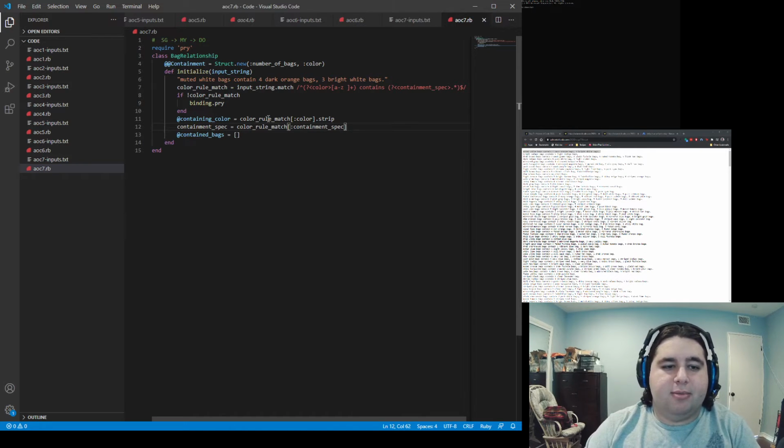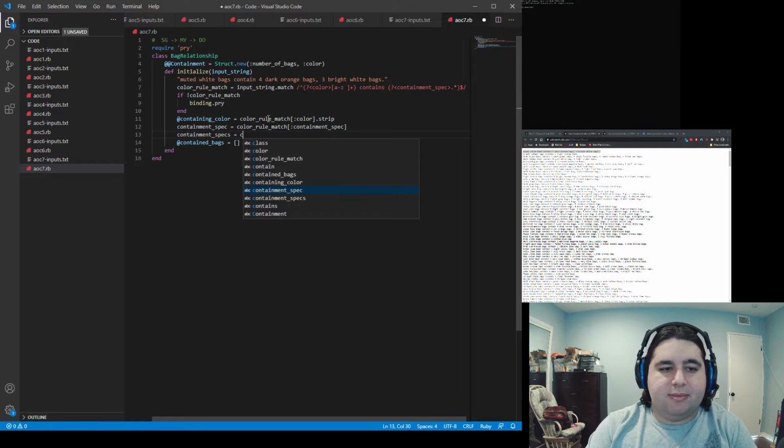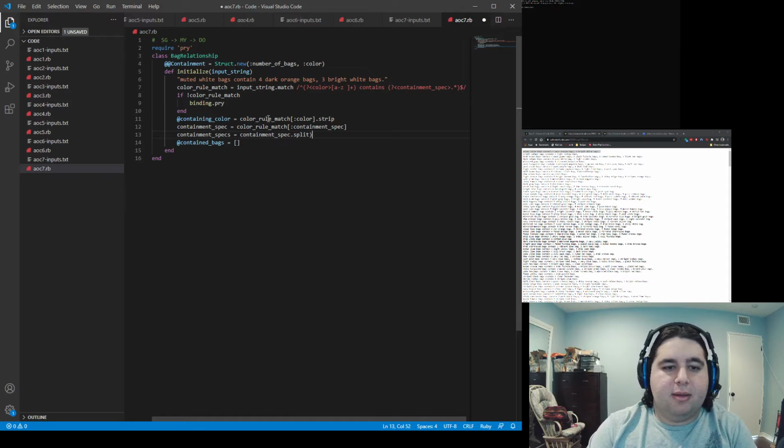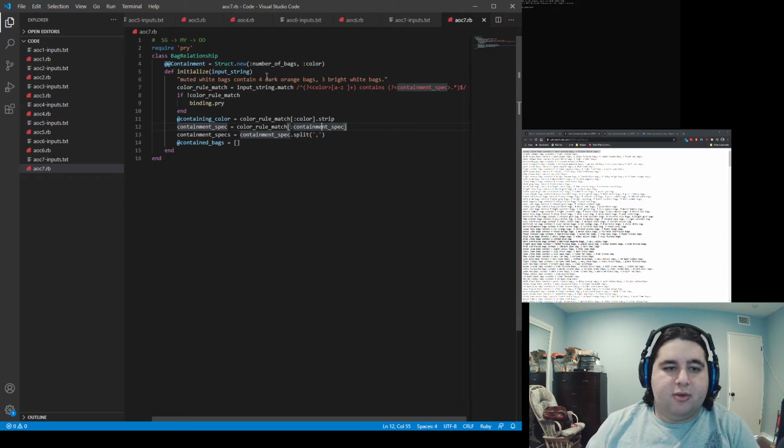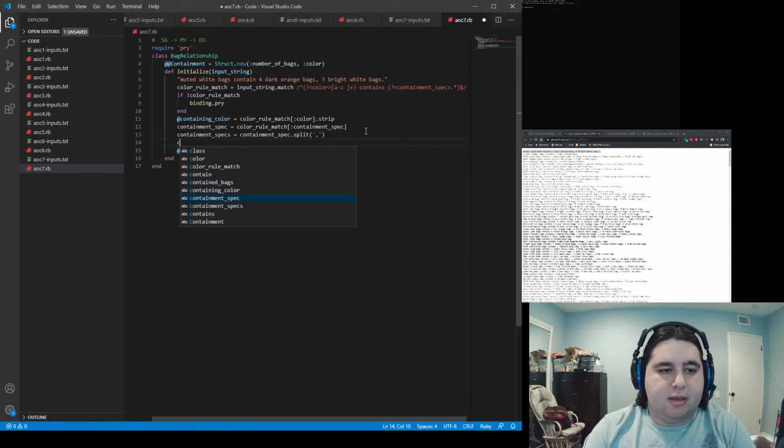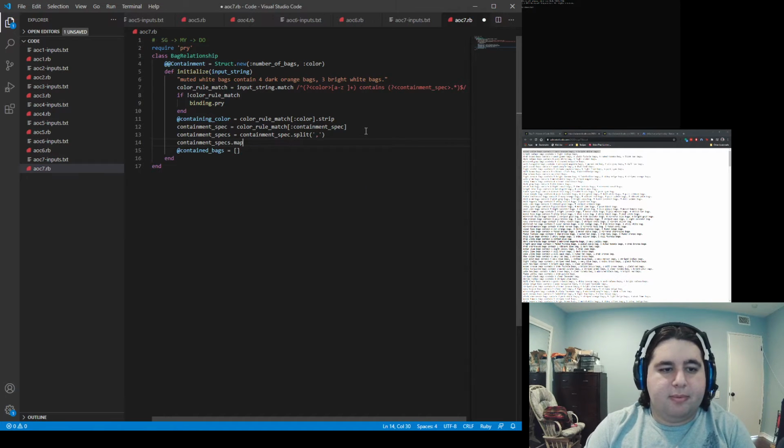Now this is going to be a comma-separated list of specs. So we're going to do, maybe I might combine these steps later, but this is how I'm thinking. Dot split on comma. And now we split on comma, so we should have an array. It might contain 4 orange bags, comma, 3 bright white bags. Then the parse is going to be something like specs.map do. So for each spec string,